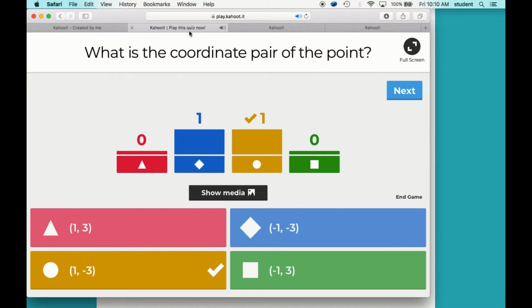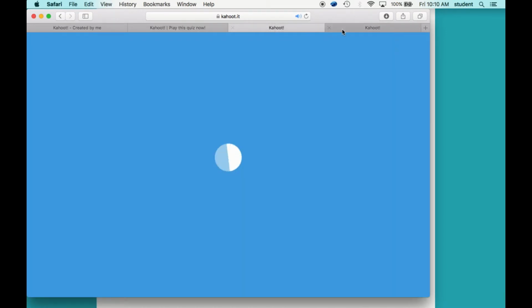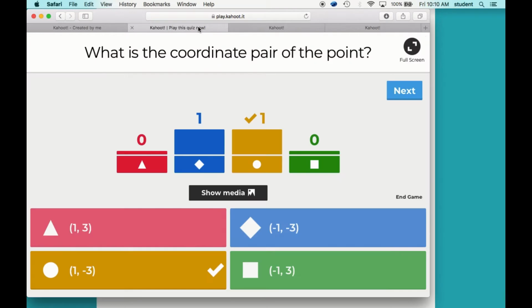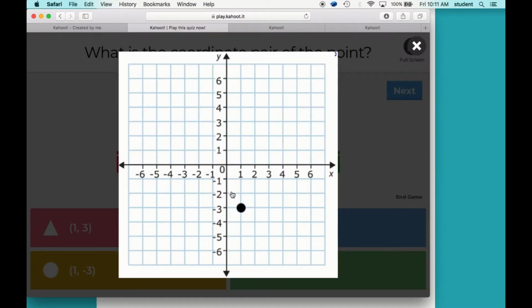When everyone has voted is the only time that they see a correct or incorrect screen. They wouldn't see it immediately. They'd have to be waiting on everyone else to finish. Or likewise, if the time runs out, then the results populate on the screen, everyone sees it. If they're in the majority or the minority, you can press on the show media and do a quick discussion. Let's say the majority of people messed up, then you'd want to discuss that with your class before moving on